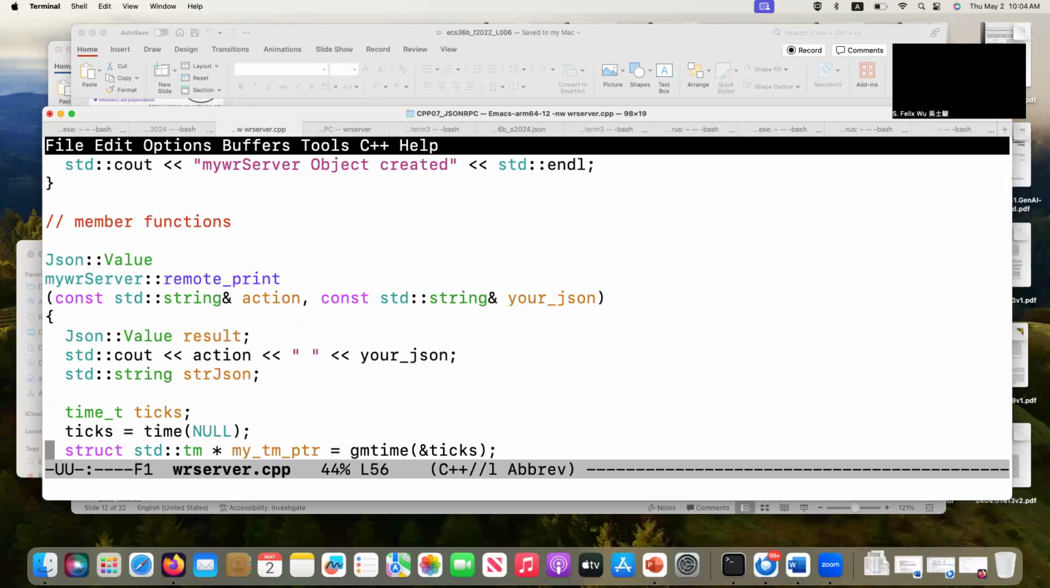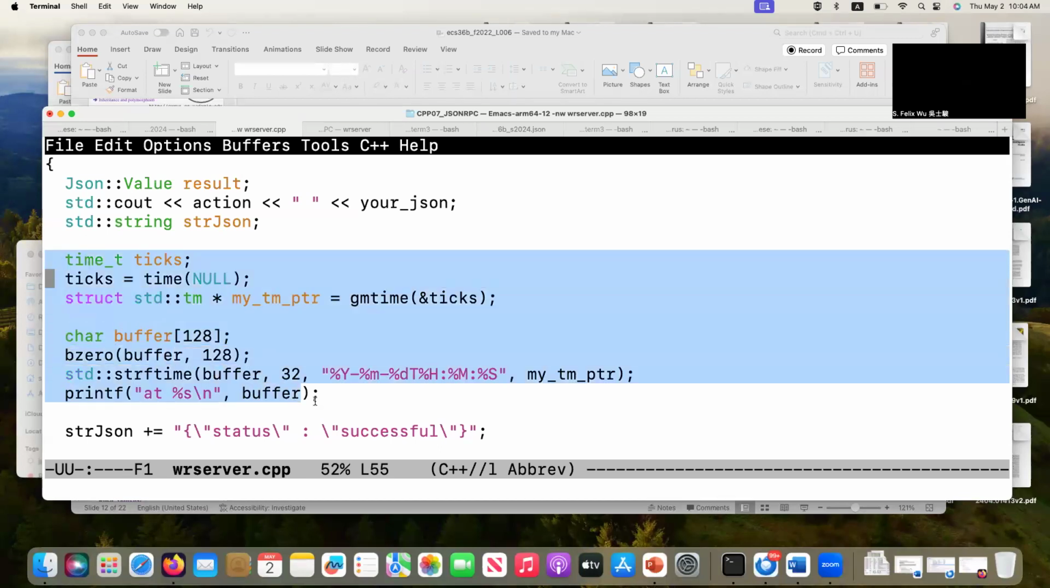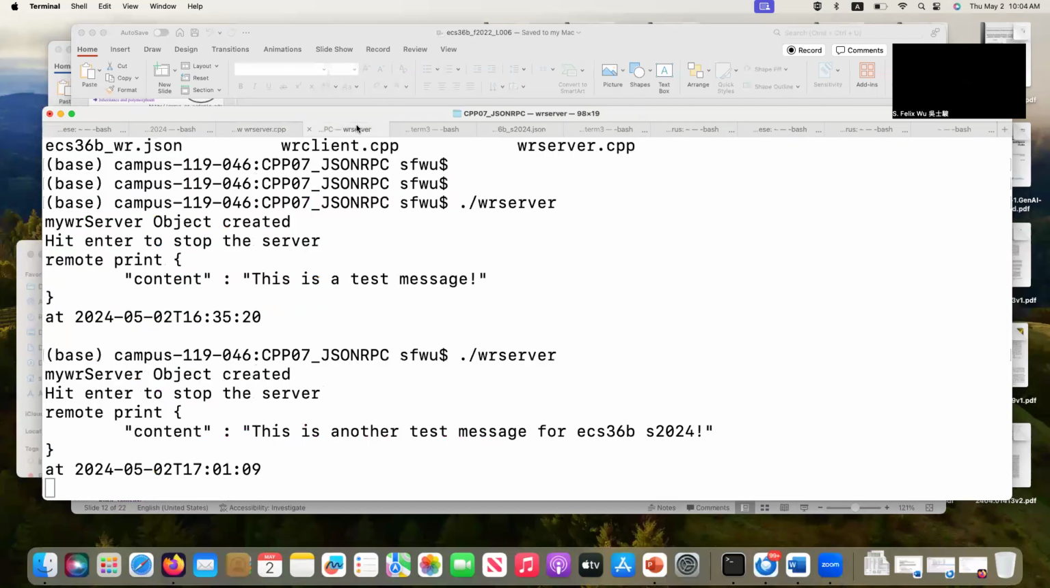Now let's actually take a look at this. Inside here, by the way, this part of code is about timing. I just want to at least print some time about when I actually receive this request. If you take a look, you see that I actually log some information. The remote print is printing this one, but I also remember the time, because at the server it's always good to have a way to track or log